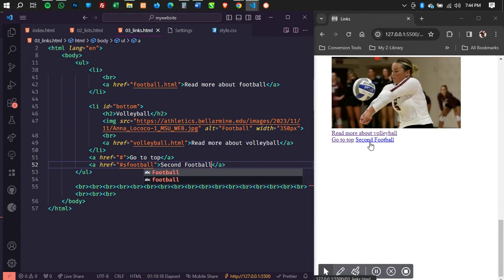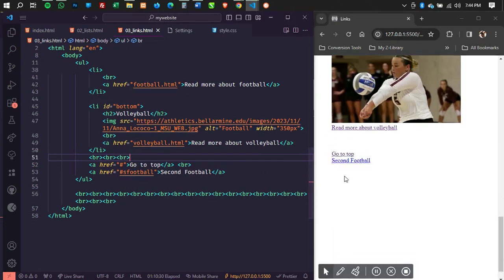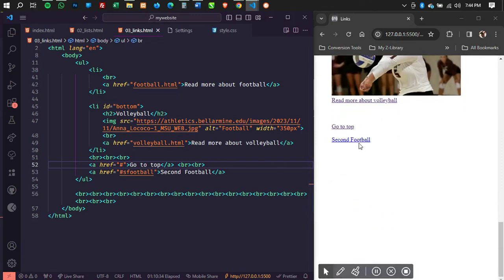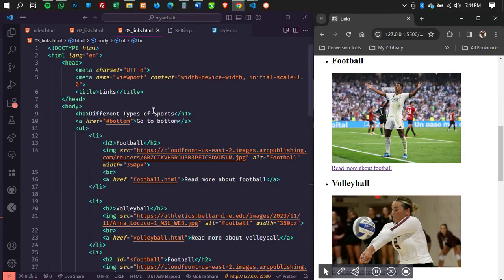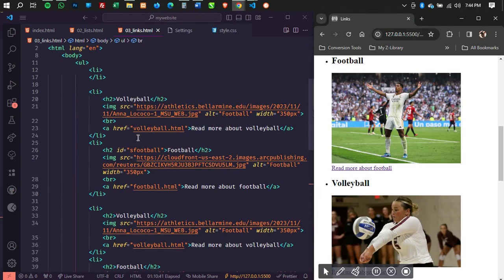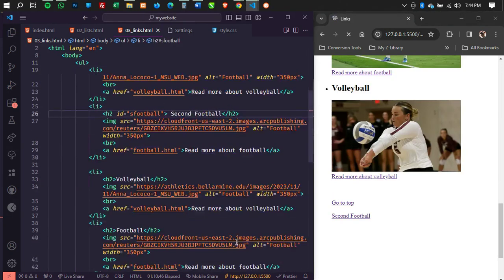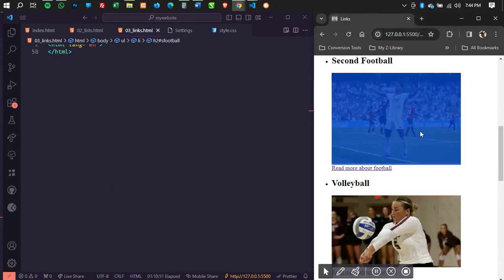When I go to the bottom, let me just put a line break to separate my links for me. BR, BR. Great. Let me bring another break over here. And so when I click on second football, you realize that what? It takes me to the second football item. So let me just name that so that we see the difference. Second football, right? So when I click on second football, it takes me to the second football.